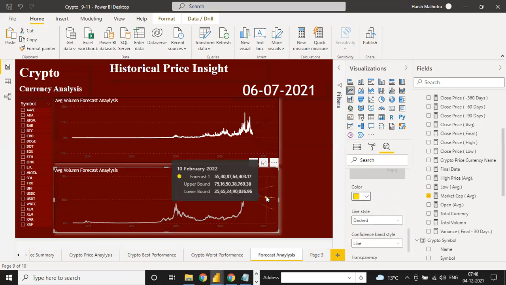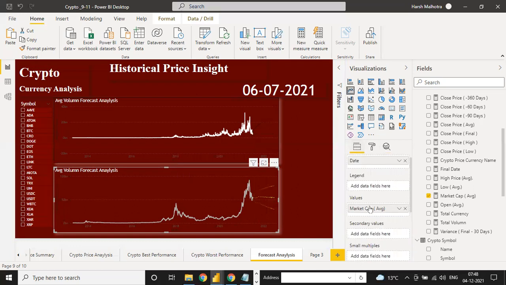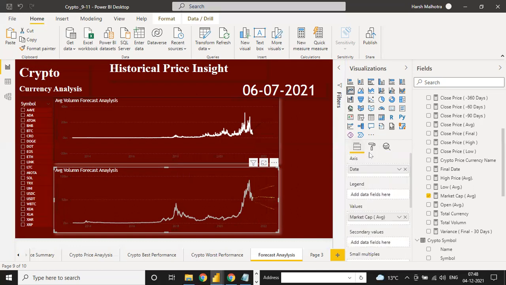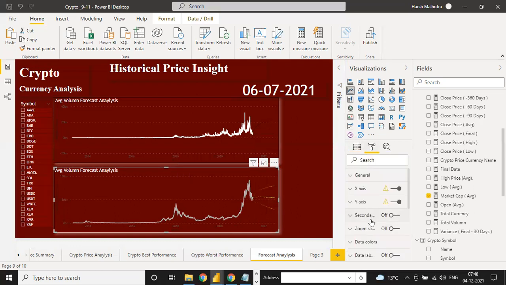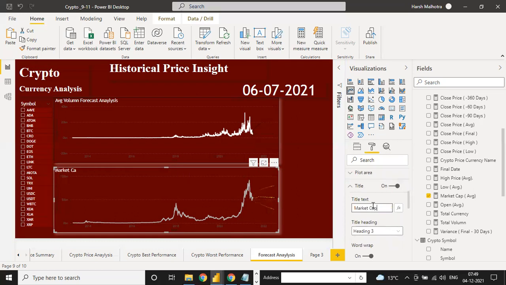Okay, so this is your complete way of forecasting, and also you can change your title for this currency, that it is a market cap forecast analysis. You can change, go to this title, analysis.